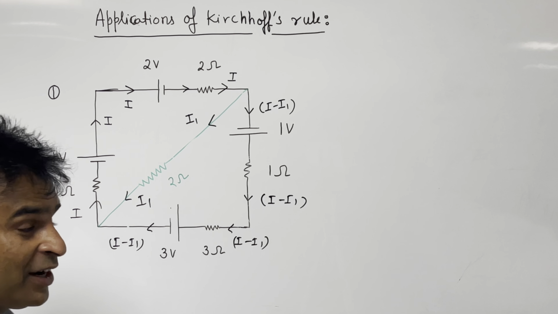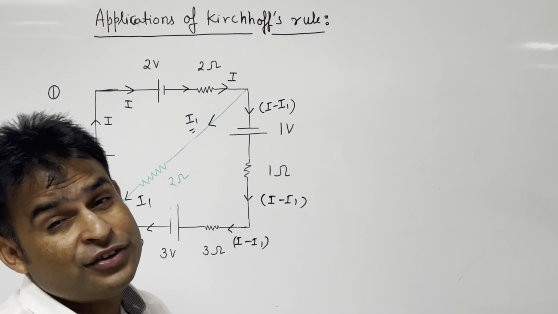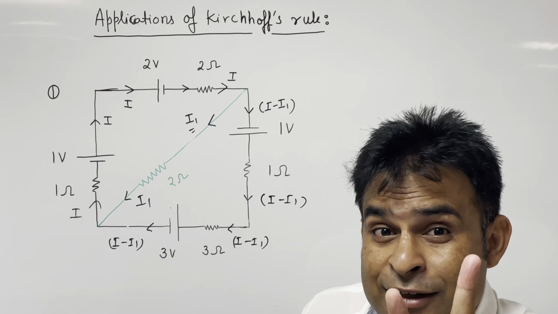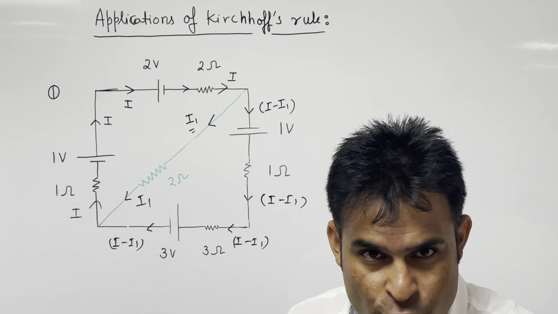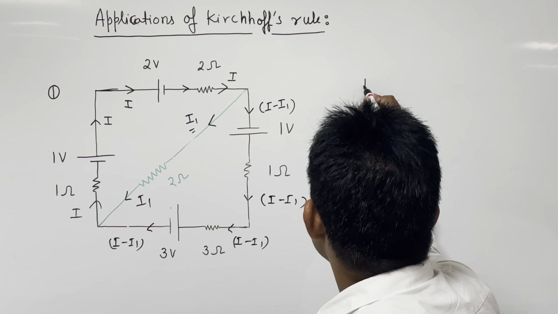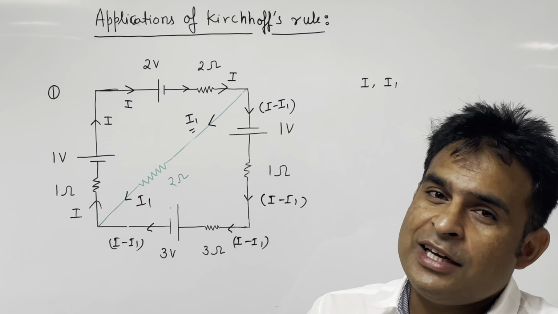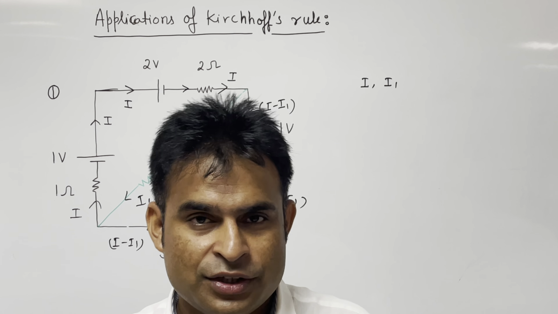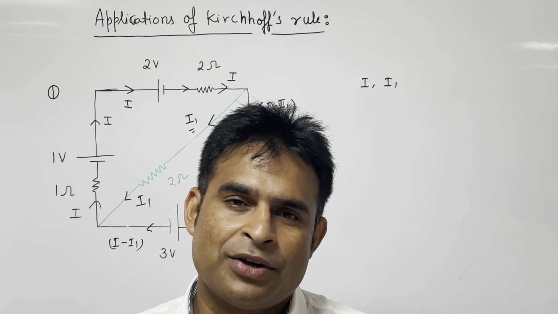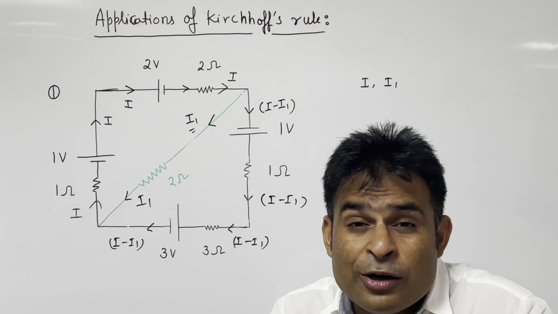Now what I have to find out? I need to find out this current I1. We need to find out that current I1. So to find out current I1, what I'll do, I'll select two loops. Why am I selecting two loops? Because we know there are two variables. How do we know there are two variables? One is I and second is I1. So with two variables, at least two equations are required. Three variables, three equations required. It's a math rule: the number of variables must be equal to the number of equations. So two equations required. So any two loops you can select.